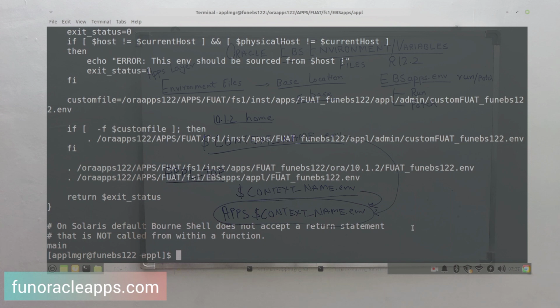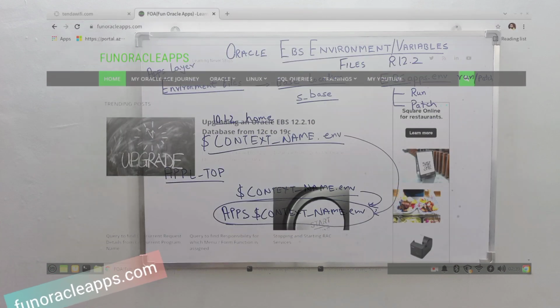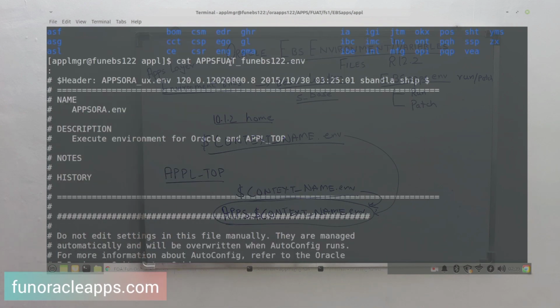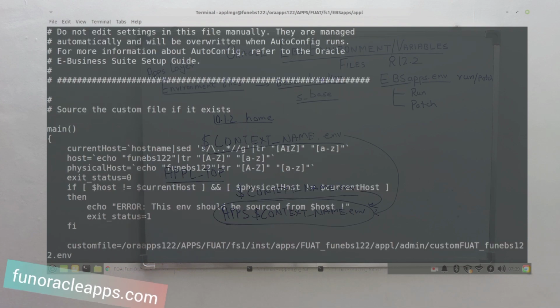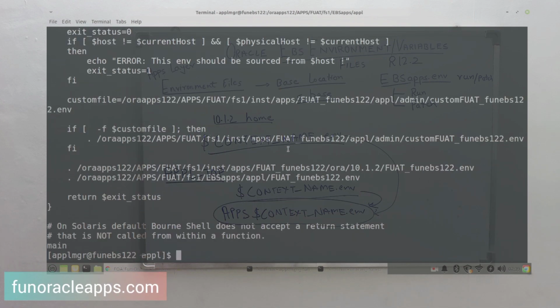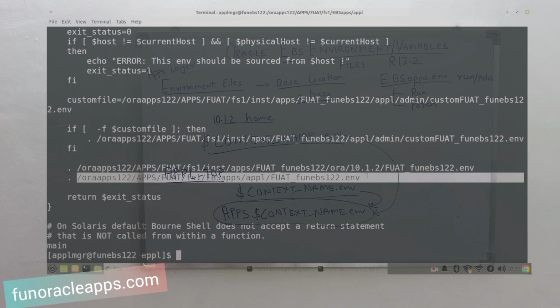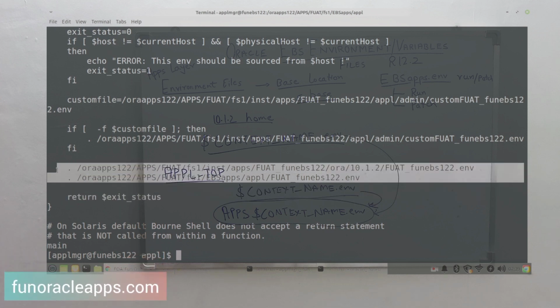Now if I simply go ahead and open apps$CONTEXT_NAME.env, you can see it is sourcing a file from your 10.1.2 home and it is sourcing a file from your Appltop as well.